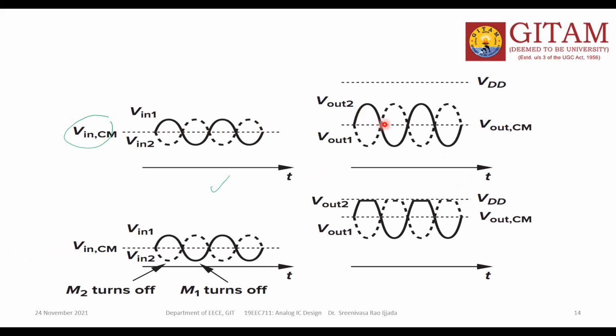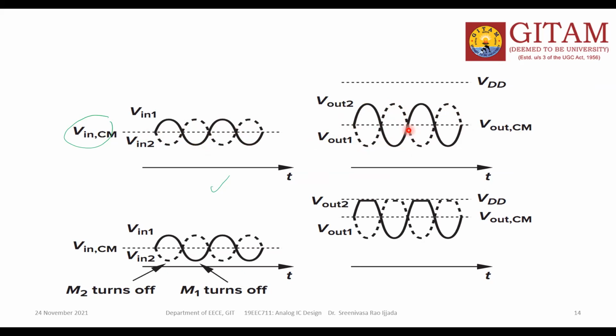So for this, suppose this is the output signal I am talking about. As I told you, your output stays the same as the input, unless your circuit is operating in the triode region or linear mode of operation. So for Vin1, this is your Vout. Similarly, for Vin2, this is your Vout.